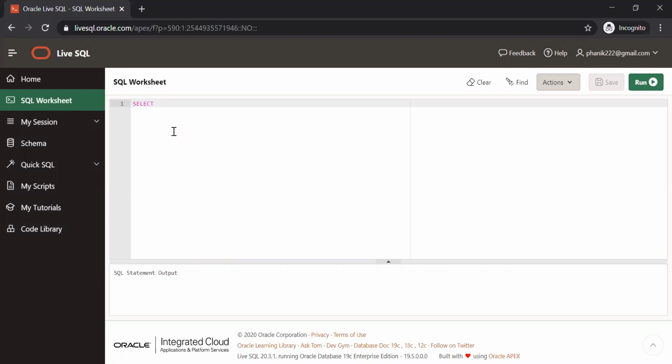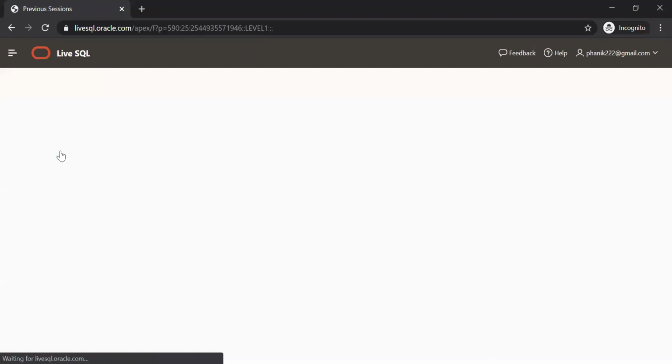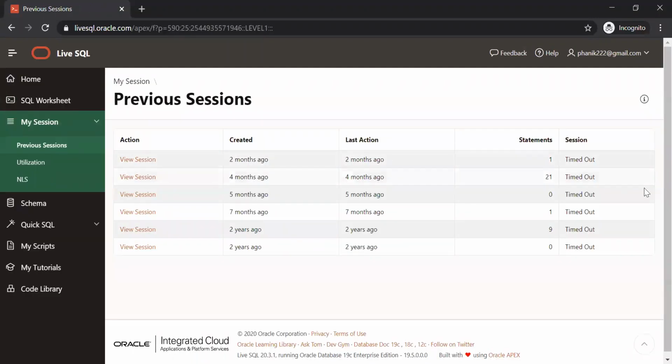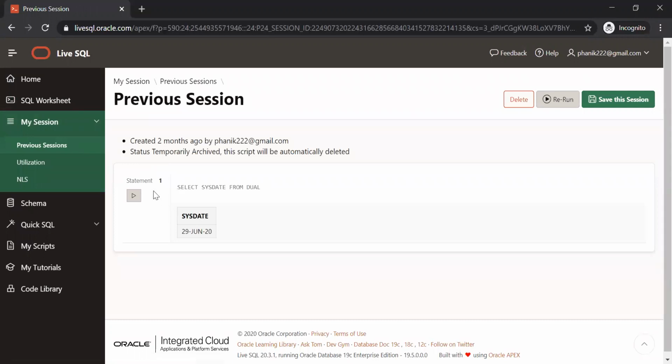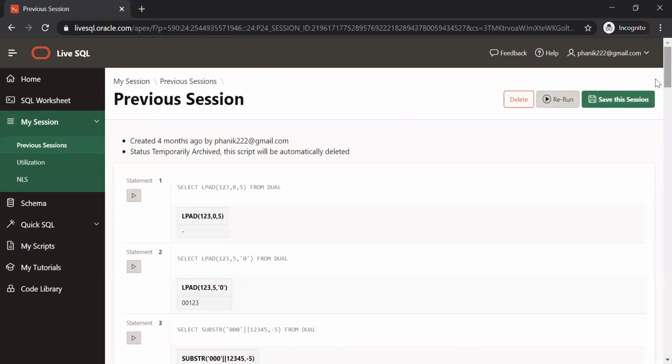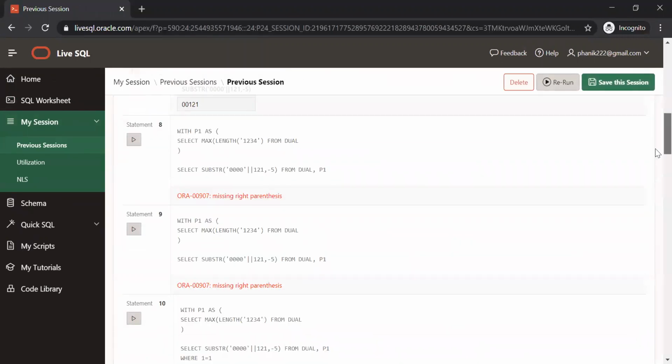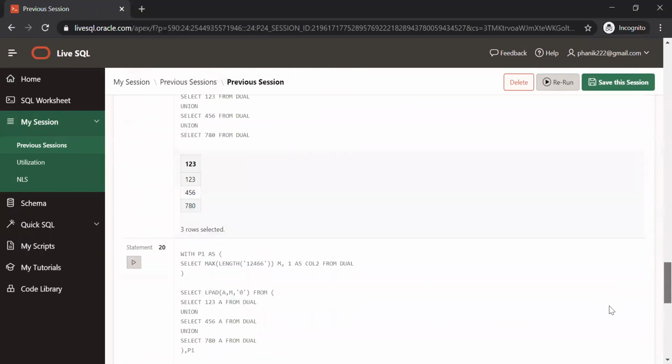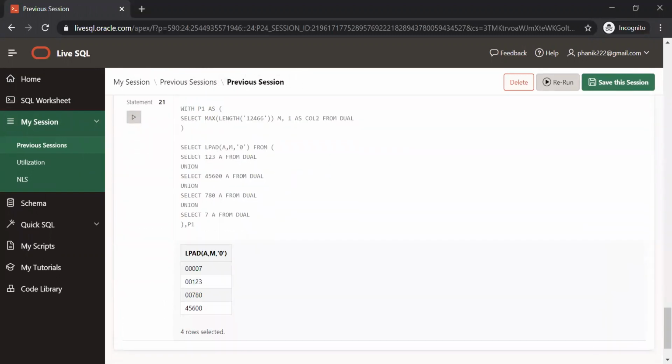So it is simple here. I'll try to introduce you to what happens. You can see the previous sessions. I used some a few months ago, and some of them years ago. You can click on a session, and you should be able to see what has been done in that particular session. So this way, you need not actually go ahead and save anything. I can see everything, whatever I have executed. This is a good thing, right?